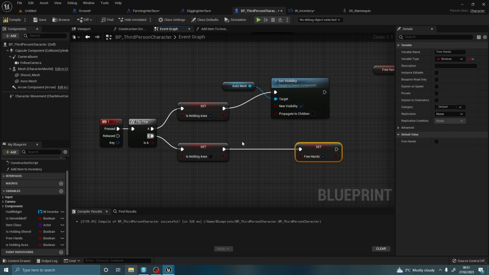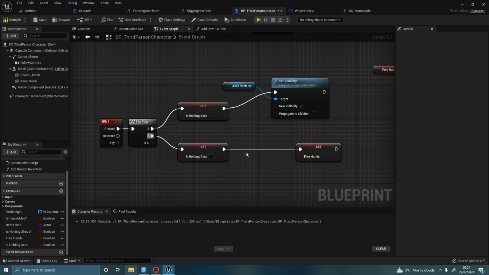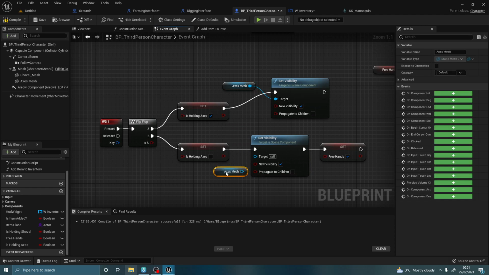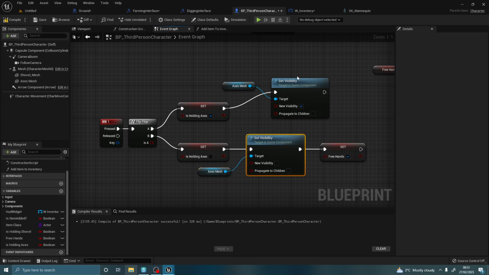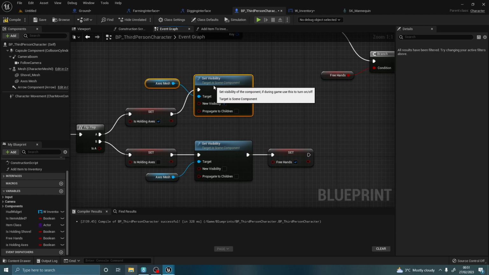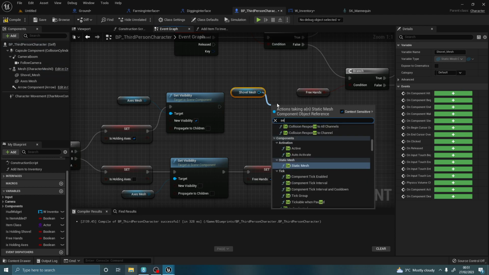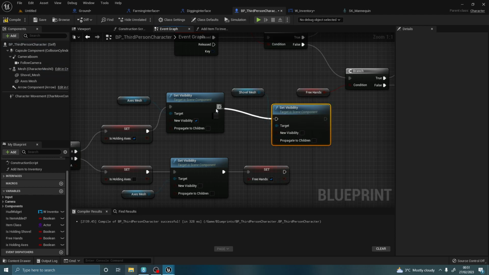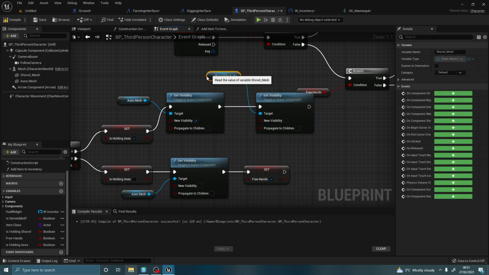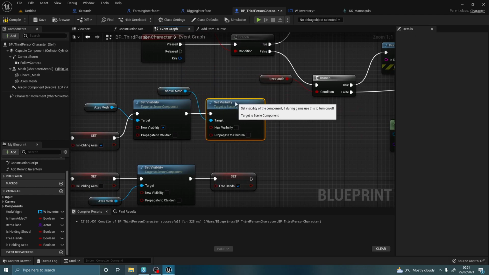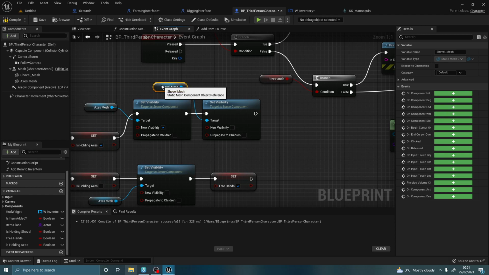Okay, so we need to hide the visibility. So if we Control C this, Control V this, so in this one we need to hide the visibility of the axe. So Control C this, Control V this here, and that's not going to be in preview anymore, which means that the free hands is. When we click the axe, we need to also set the visibility to the shovel. Okay, because again, the true. Because if we are holding a shovel, then we need to tell them about it. Okay, but if we're not holding a shovel, then it doesn't really matter. So